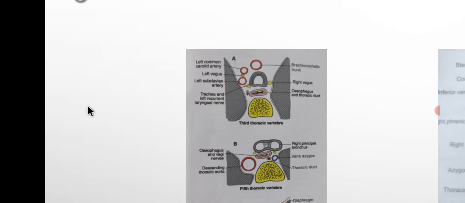And again in the neck there are so many structures related to the thoracic duct. Anteriorly there will be the left common carotid artery, then the left vagus and left internal jugular vein. Posteriorly there is the vertebral artery, sympathetic trunk, thyrocervical trunk, left phrenic nerve, medial border of scalenus anterior, prevertebral fascia, and the first part of the subclavian artery.